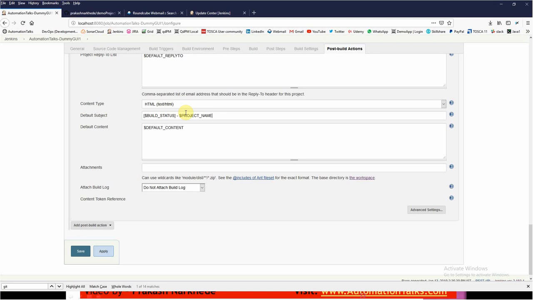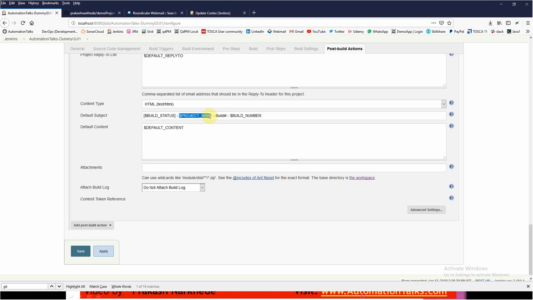Then I will use build hyphen, or I'll do build number, and again I will give the build number. I will retrieve the build number from Jenkins by using BUILD_NUMBER. So I have used all the variables from Jenkins. What it will do is give the build status, whether it is passed, failed, skipped or something,